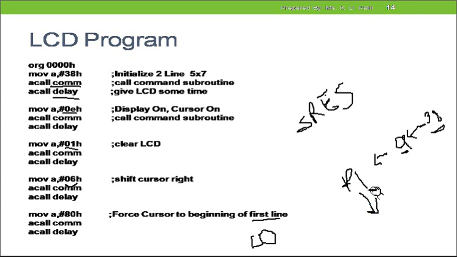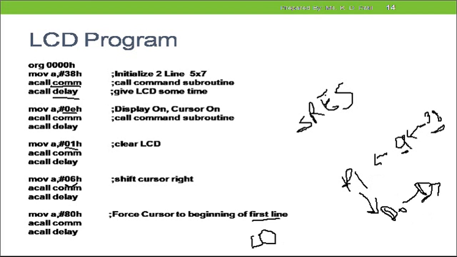From port 1, it will go to the D0 to D7 lines of the LCD, and once it goes to D0 to D7 lines of the LCD, which is interfaced with the 8051 microcontroller, the LCD will be able to understand which commands are sent to it and which actions it has to perform. Likewise each command will be sent from A to port 1, and from port 1 to D0 to D7, as port 1 is interfaced with the D0 to D7 data lines.